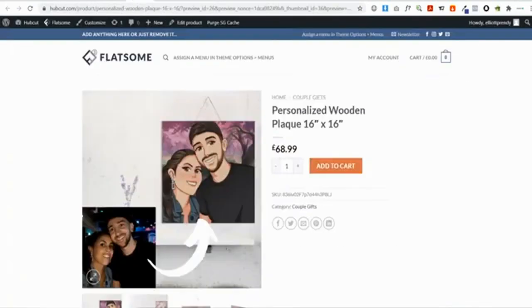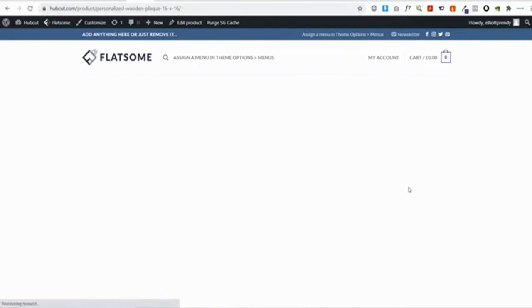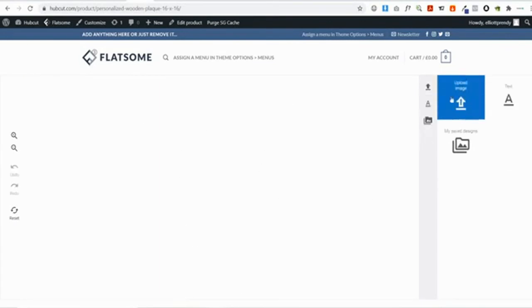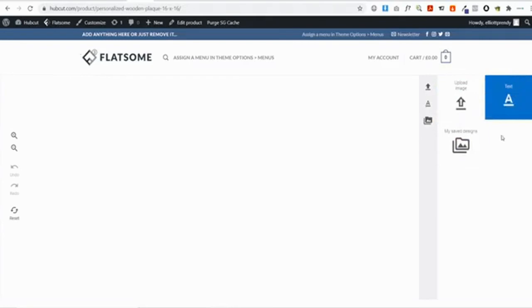We can come back to the product over here. Let's just refresh it. Now we have that customize button once again. So if we hit customize over here, we can see that they can customize their blank canvas. Now, what we actually want them to do is just upload the image over here. So you can leave the text and my save designs on if you want, but once again, you can add and upload a pre-made template where they can only upload